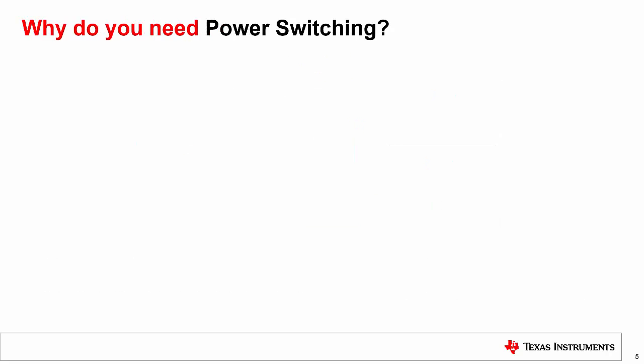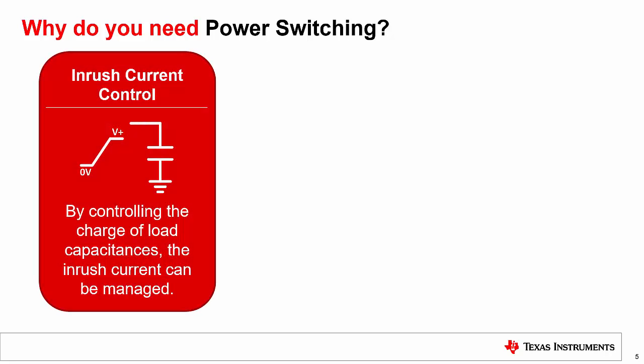There are various reasons an engineer would use power switches in their system. During system startup, if the power supply has to power all the system loads at the same time, there will be a large stress on the supply. Using power switching, these loads can be turned on one at a time so that the power supply can start up without any issue. Power switching can also be used to slow the rate at which the voltage of the power supply comes up. This will help control the amount of inrush current which is generated from charging a large load capacitance.